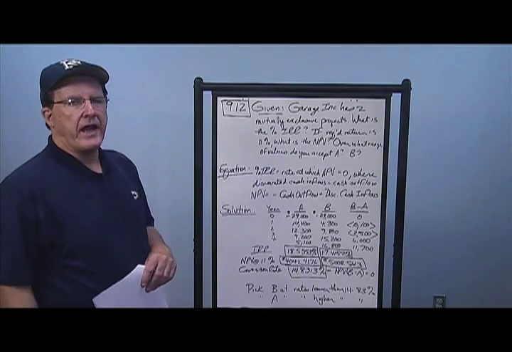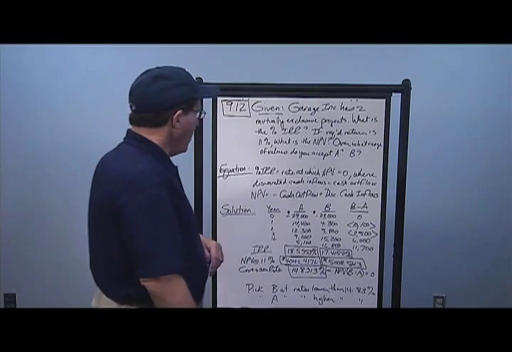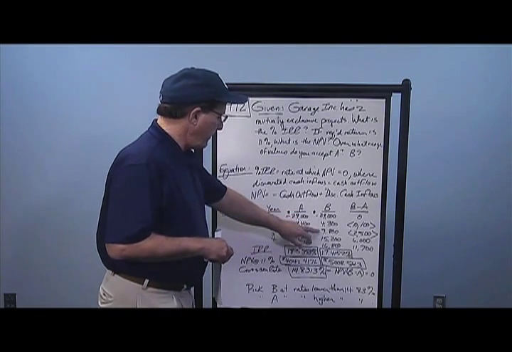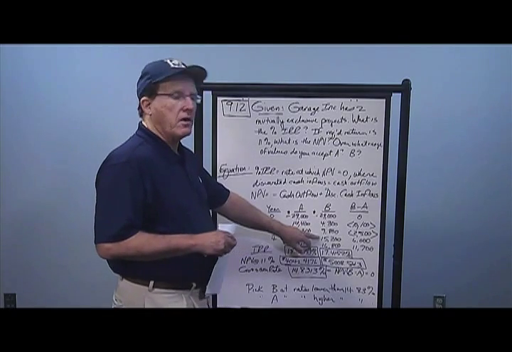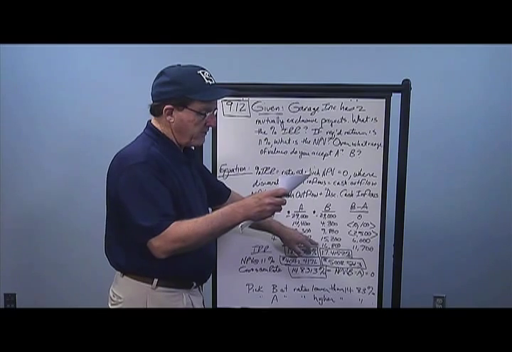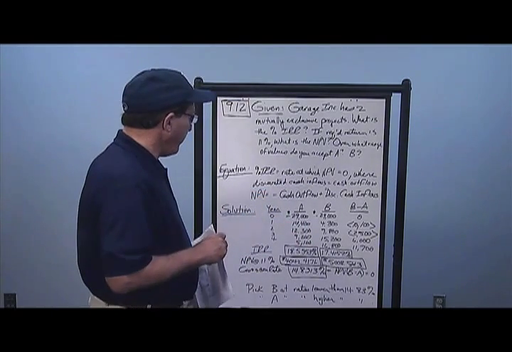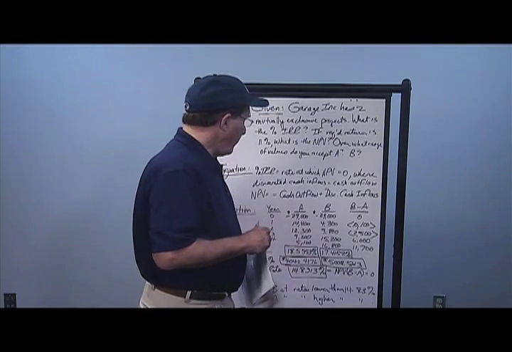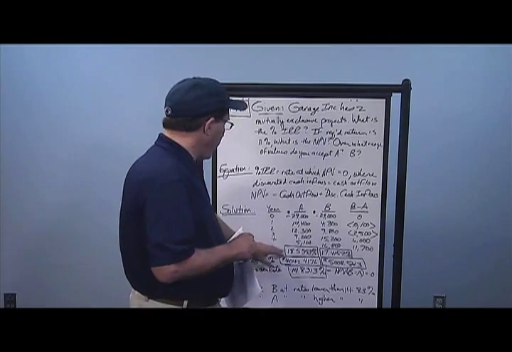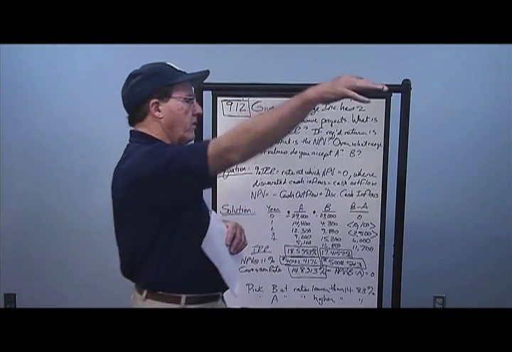Again, if I'm looking for the IRR, I write down NPV equals 0 equals minus 29,000 plus 4,300 over 1 plus some rate, plus 9,800 over 1 plus some rate squared, 15,200 over 1 plus some rate cubed, and 16,800 over 1 plus some rate to the fourth. Doing the math, solving for R, I get an IRR of 17.4152%. So in this case, I would take project A because it has a higher IRR,